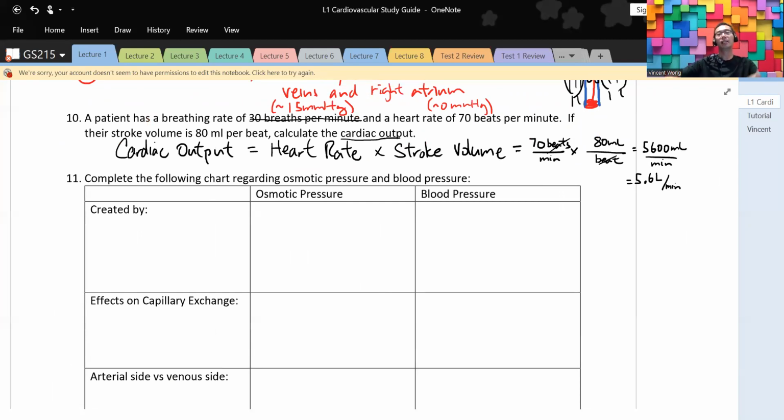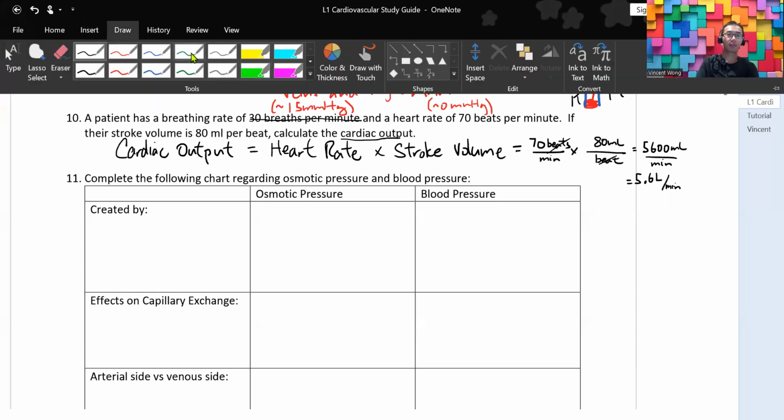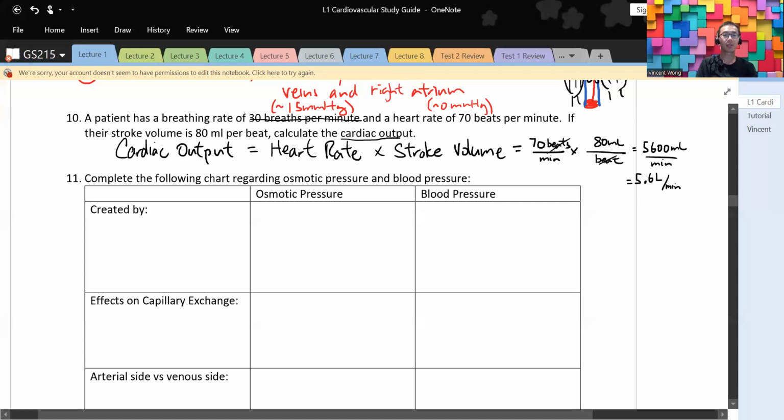First of all, these are two opposing forces that control what leaves the capillary and what comes into the capillary. Okay, they are against each other. So what exactly is osmotic pressure? I'll give you the definition first and then I'll explain it further. Okay, so osmotic pressure is created by